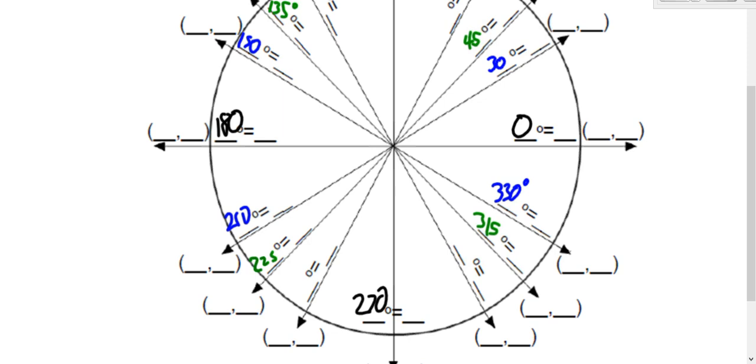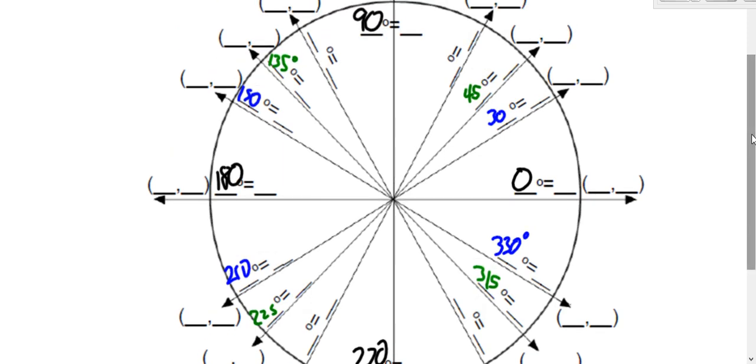And then last, we can get the last degree measures just by knowing that this one's 60. Which means over here in quadrant 2, it would be 180 degrees minus 60, because we're backing up 60 degrees. So that's 120. Or 180 degrees plus 60 degrees, which is 240. Or 360, backing it up 60 degrees, that's 300 degrees. There's all your angles. They all come back to reference angles,